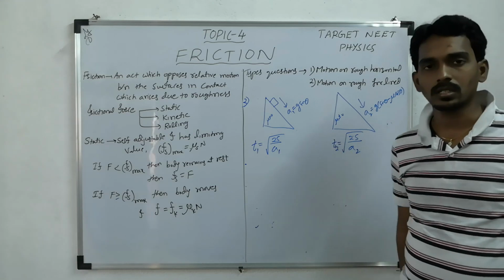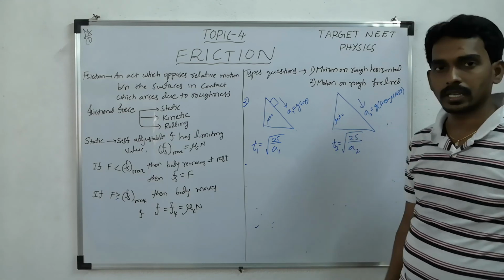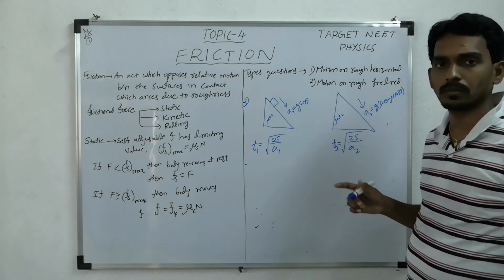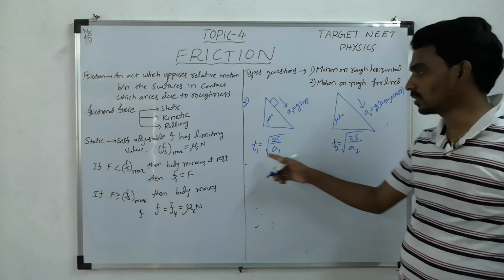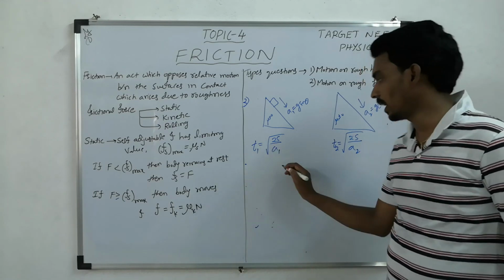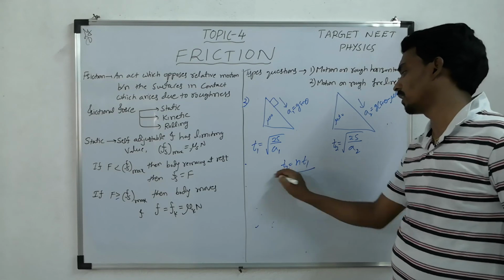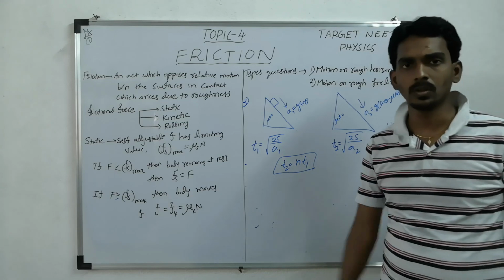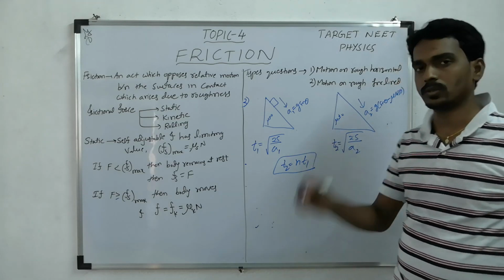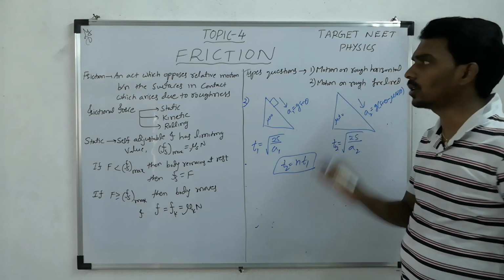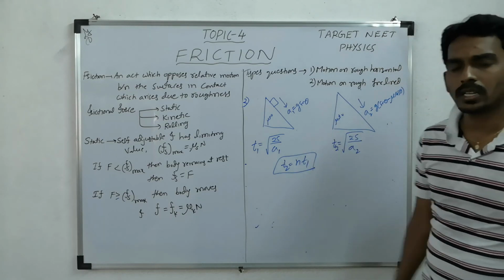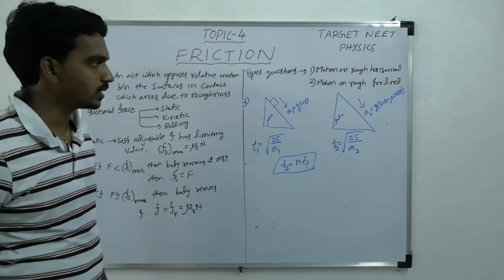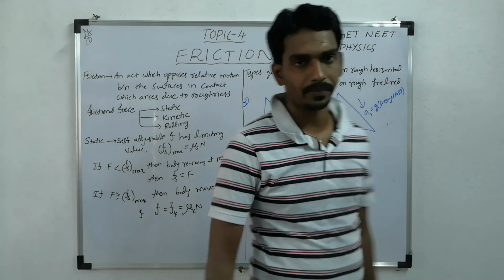Then comparison questions they will ask you. Suppose they may give you, like, this time is lesser than this one, of course, because friction means it will move slowly. Like this time is 2 times, this time is n times. Like t2 is n times of t1. Then derive the relation between them, or find the value of mu. Then by substituting a1, a2, you can get it. So this is all about the motion on rough inclined surface. So please understand these basic things and try to practice them.